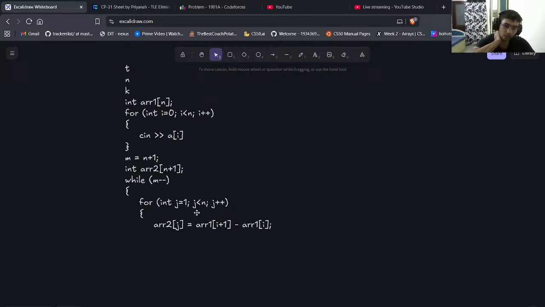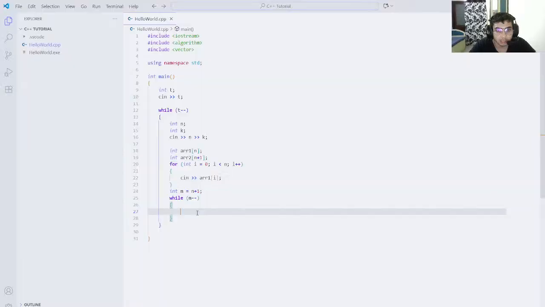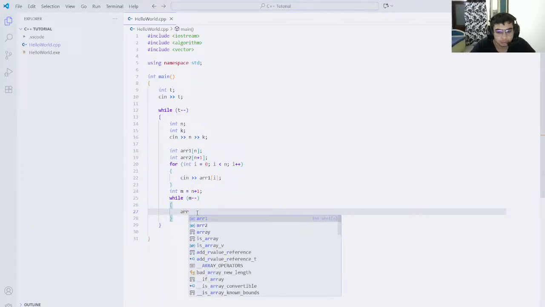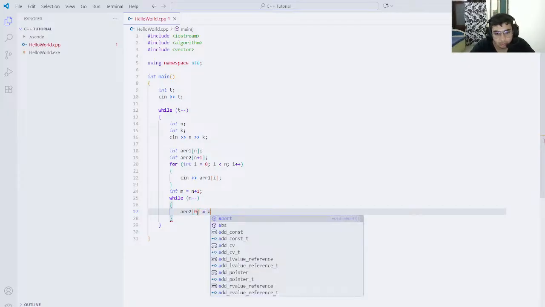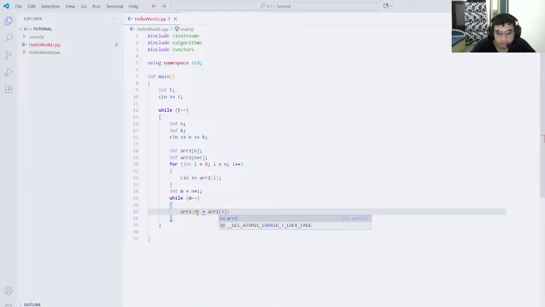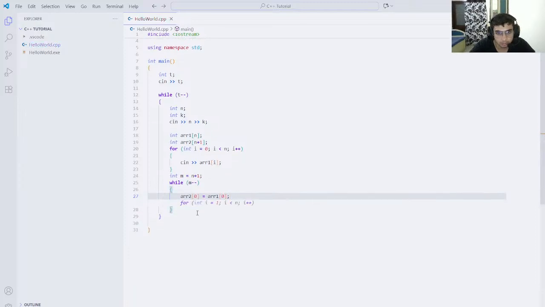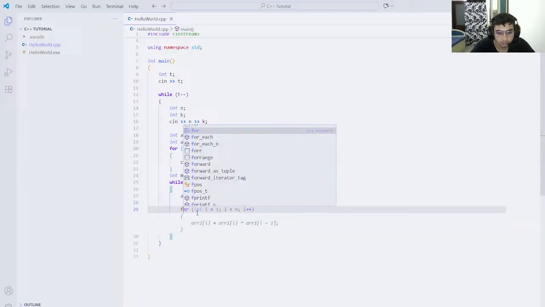So we are going to be inputting the values. Let's just make the ARR[0], index 0, equal to ARR1[0]. Yes, because the first one will just remain the same. From here on out, we are going to be